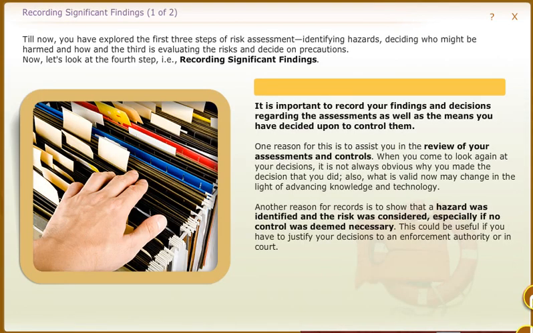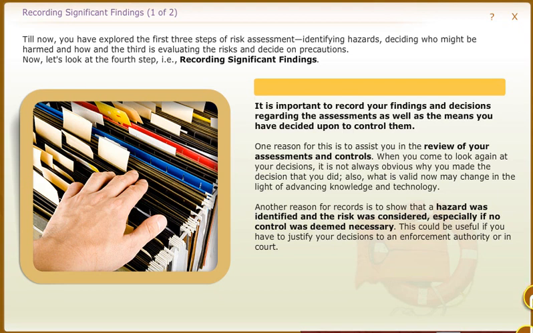Till now, you have explored the first three steps of risk assessment: identifying hazards, deciding who might be harmed and how, and the third is evaluating the risks and deciding on precautions. Now, let's look at the fourth step, that is, recording significant findings. It is important to record your findings and decisions regarding the assessments as well as the means you have decided